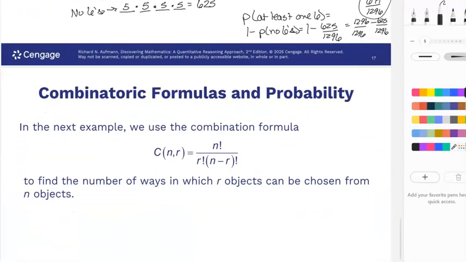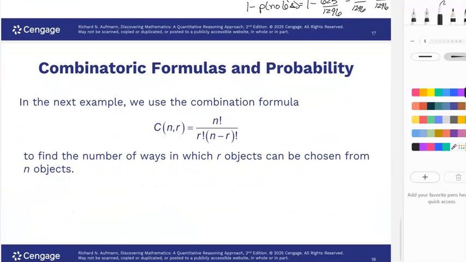So now let's look at combinations. So combinations is a way to count how many ways items can be rearranged if order doesn't matter. So think about like a combination pizza. It doesn't matter how I arrange the toppings on there. Order is not important. As long as I get all my toppings, I'm happy